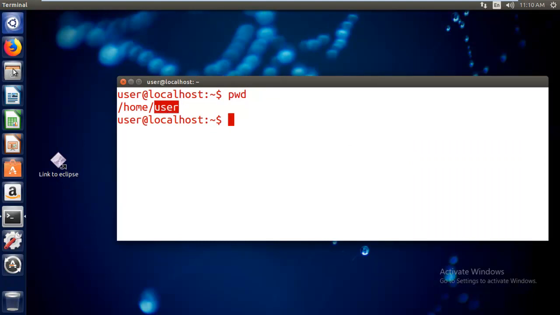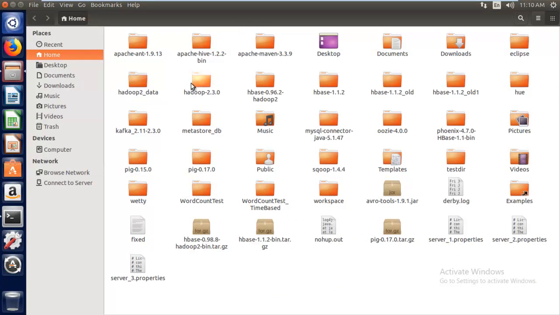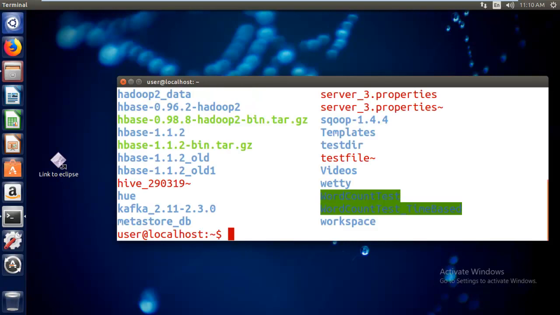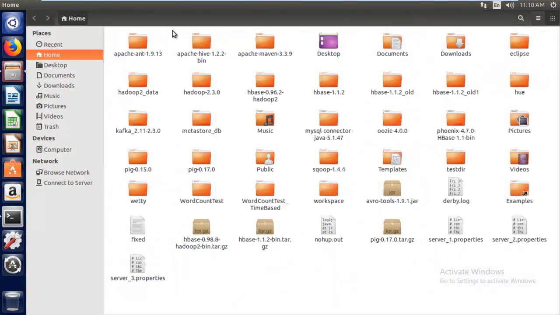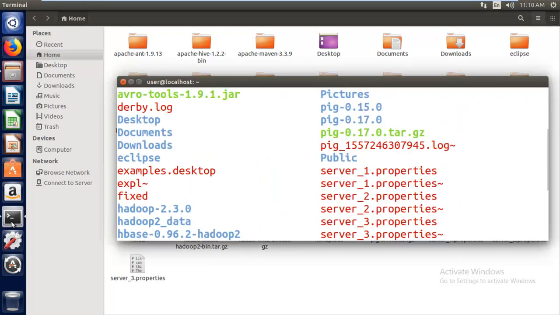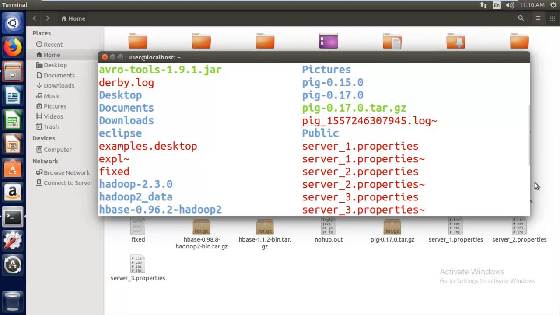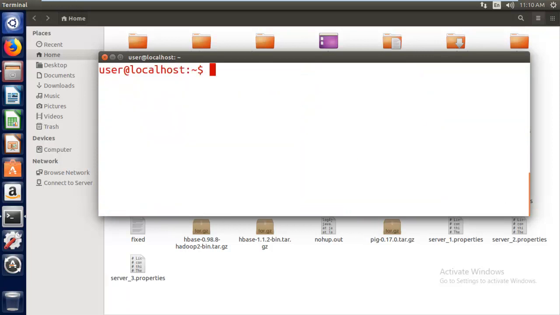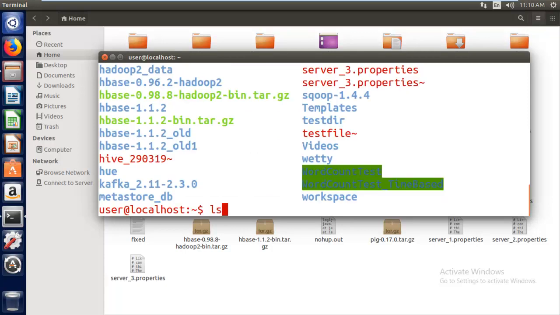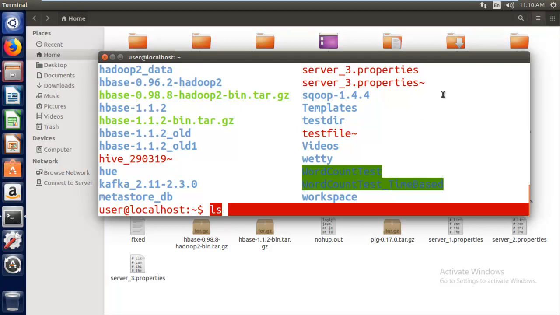Now if I say ls, this command lists all the files and folders existing in a particular directory. So these directories and files you can view from this terminal itself. The simple command for that is ls.